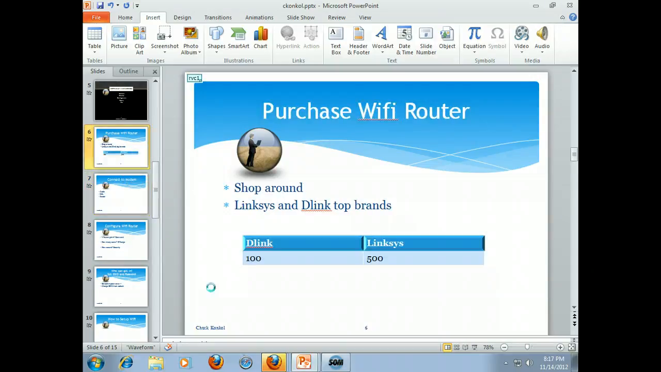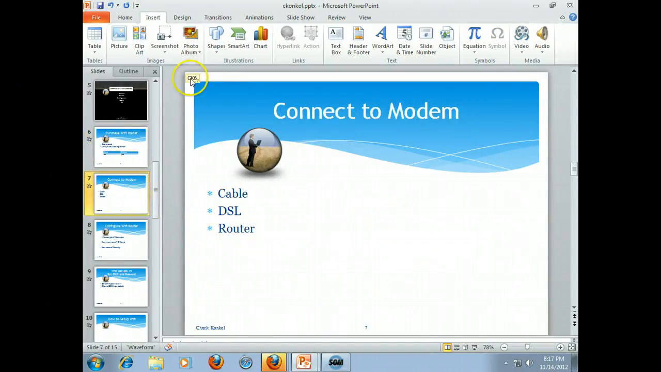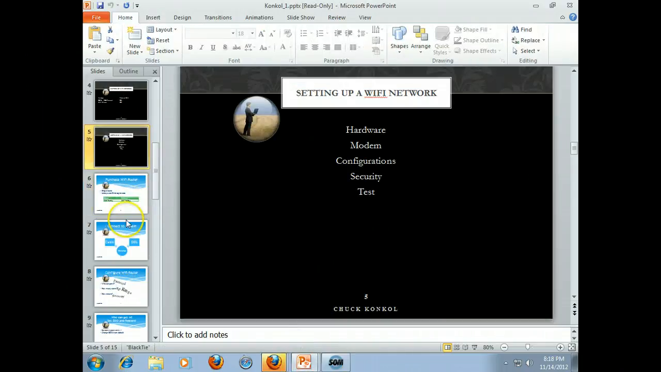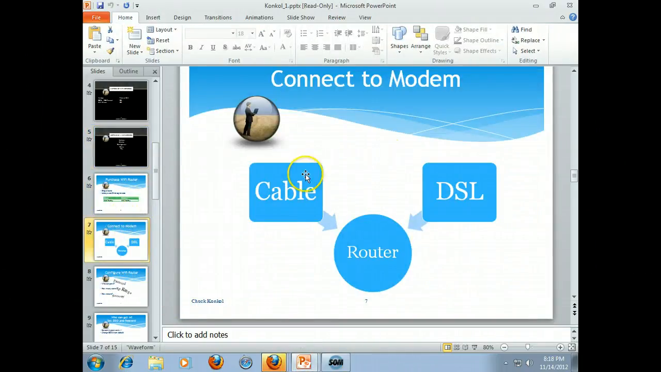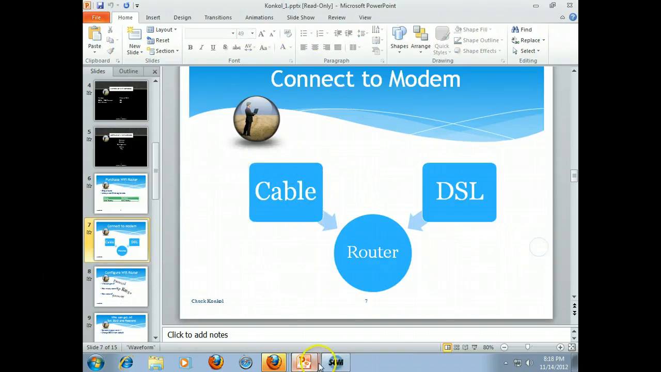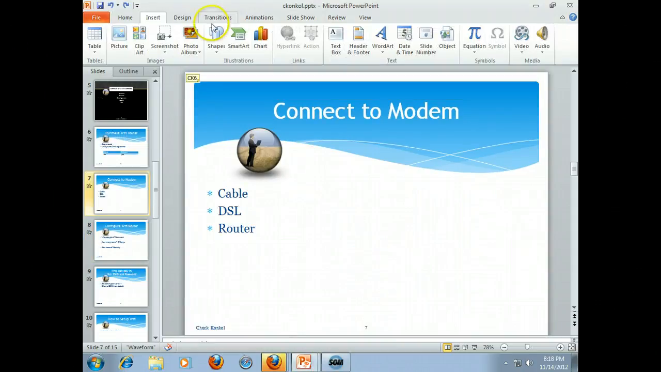That's completed slide 6. Now we're ready to go to slide 7. Let's look at the note on slide 7. We're going to insert a SmartArt diagram with these 3 words: cable, DSL, and router. It'll end up looking like this, or some other diagram you want to choose, that's fine. All right, this is a designed SmartArt graphic. So let's go ahead and go to